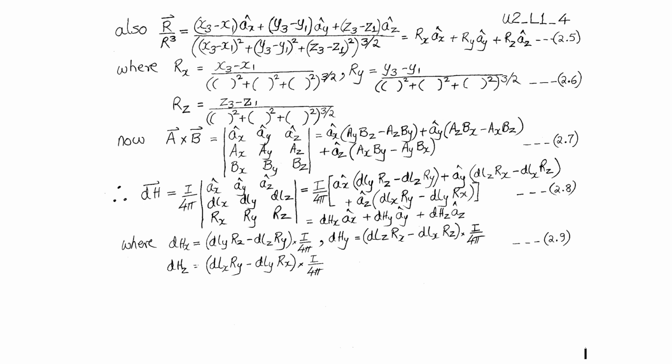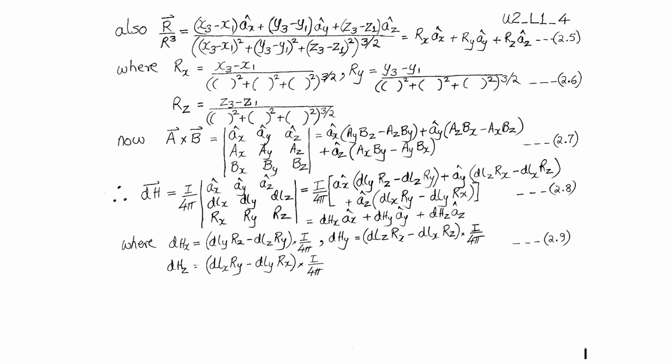This is given by equation 2.5, which states that r vector by r cubed is (x3 minus x1) into ax plus (y3 minus y1) into ay plus (z3 minus z1) into az divided by r cubed, and r cubed is nothing but (x3 minus x1) squared plus (y3 minus y1) squared plus (z3 minus z1) squared, the whole thing raised